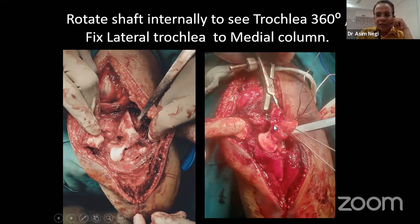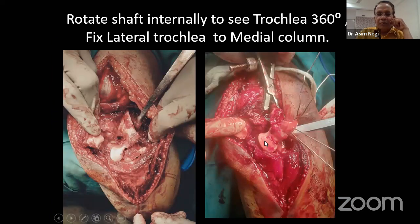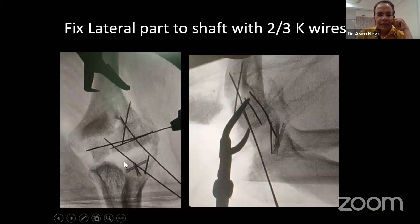The part which was reconstituted here has been put back in its place, and the K wires have been passed. There are 3 or 4 new K wires attaching this fractured trochlear part to the metaphysis. Here comes the X-ray. These are the first K wires, 1 and 2, which go into the medial column. Wires number 3 and 4 go into this metaphysis and fix the fractured part of the trochlea to the humeral